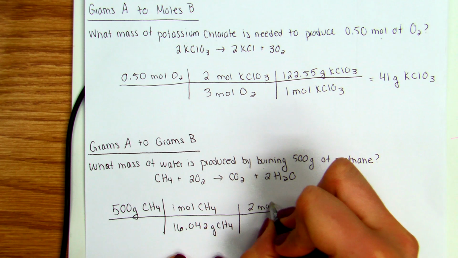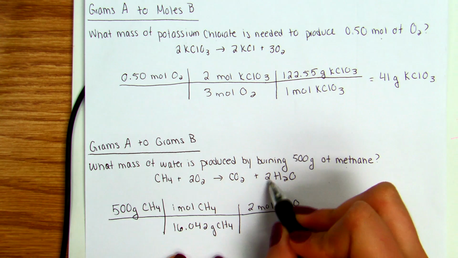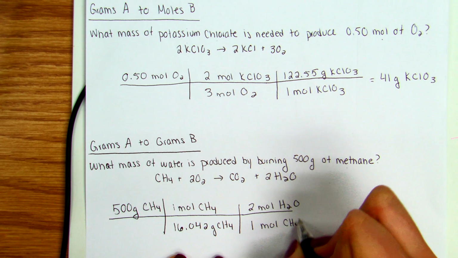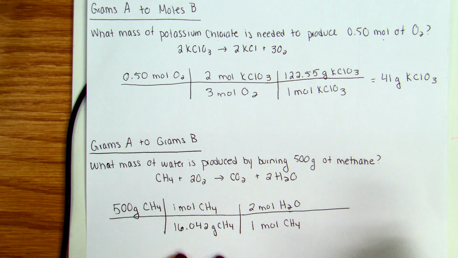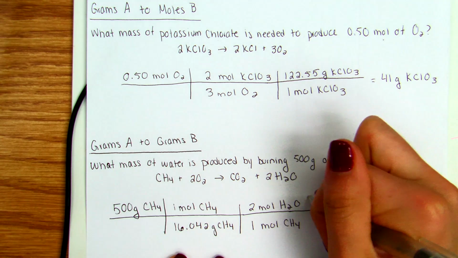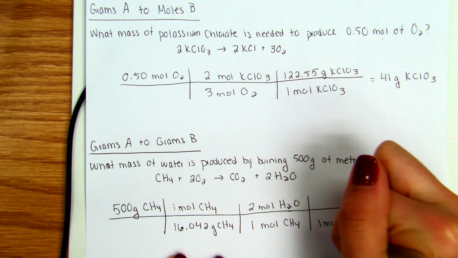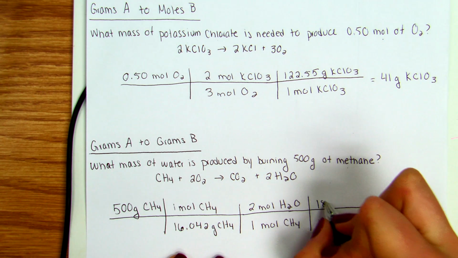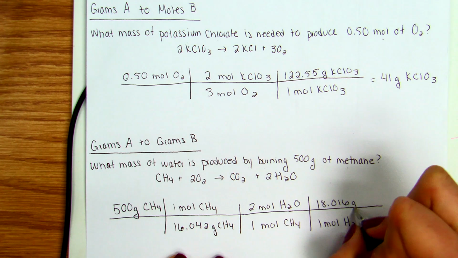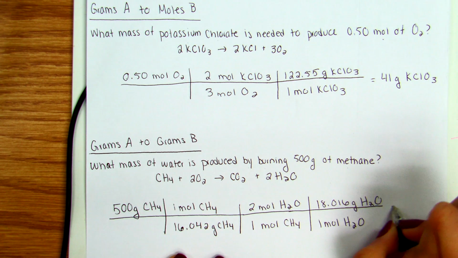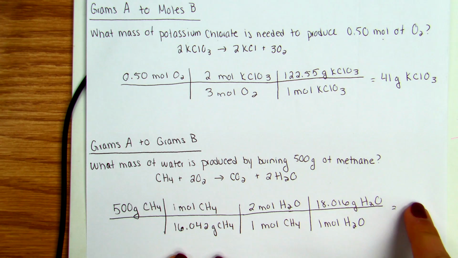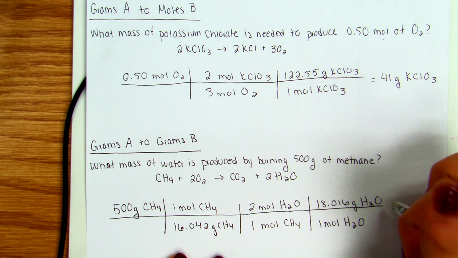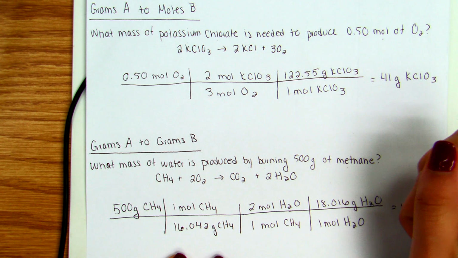So we're trying to get to water. There are 2 moles of water, so we're looking at the coefficients again, for every 1 mole of methane, because there is no coefficient in front of methane, so that indicates a 1. Now we're trying to get to mass of water, so we're going to cancel out our moles of water on the bottom and write in the molar mass of water. Again, everything that's on top you multiply, everything that's on the bottom you divide. So we should be getting,